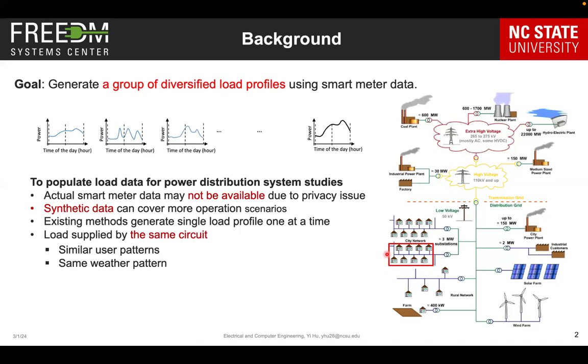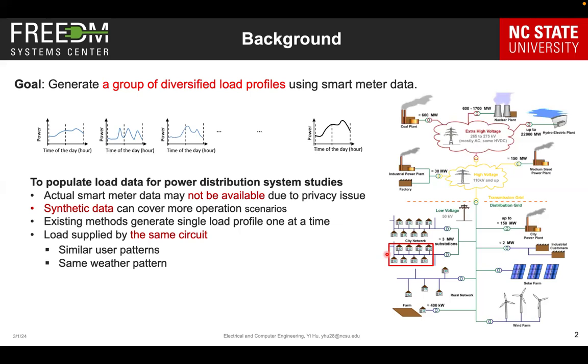The weather, especially the temperature, has a great impact on the load consumption level. For example, on an extremely hot summer day or extremely cold winter day, the power consumption is much higher than on other days, right? So another thing is,